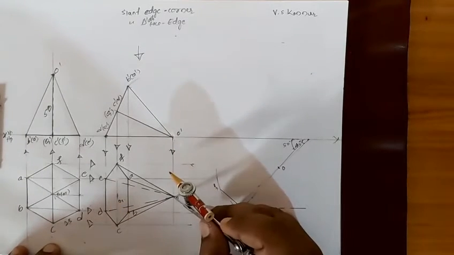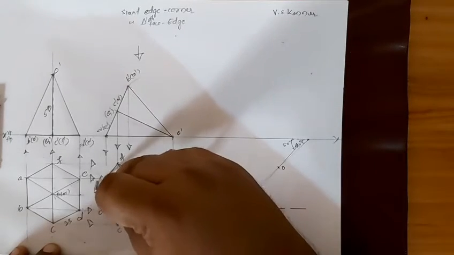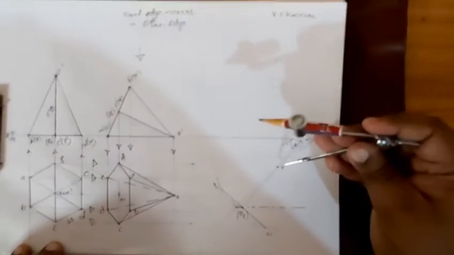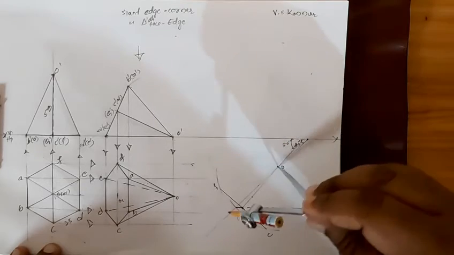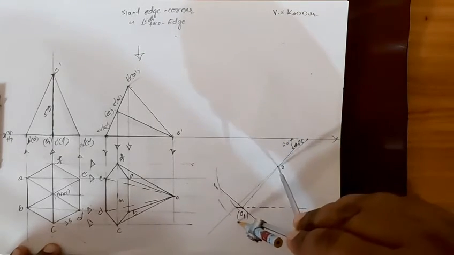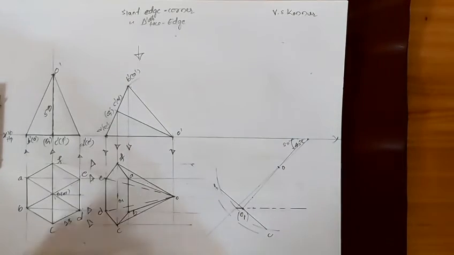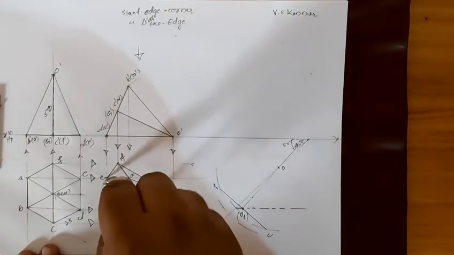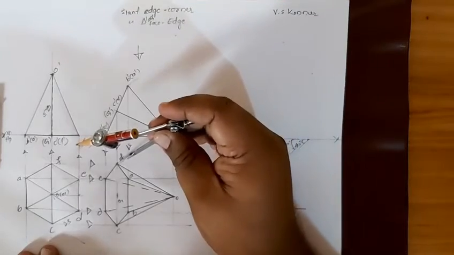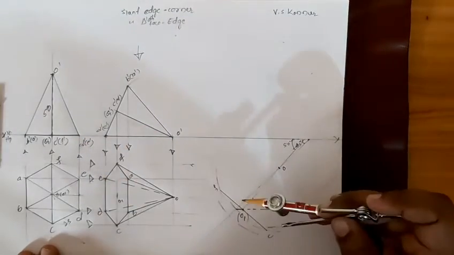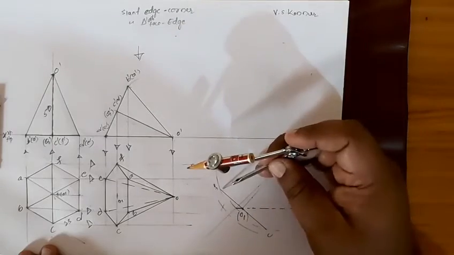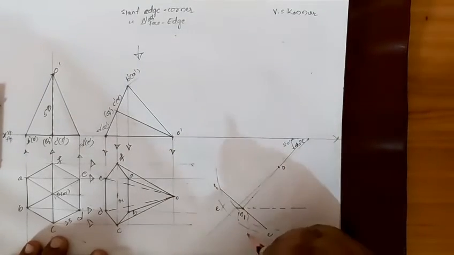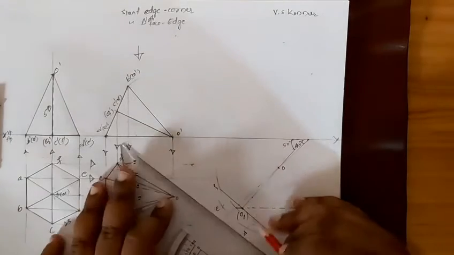Now, from O point, we'll take the E distance or D distance. Both are the same. From O, I have taken D and E, and from C point I will take the E distance, or can take the D distance from F point. C point I am taking. Next, from F point, here we get E point, D point. Now we'll join these 2 points.